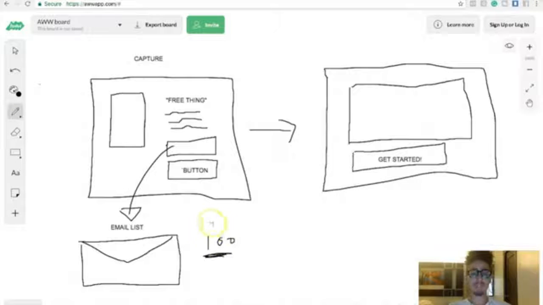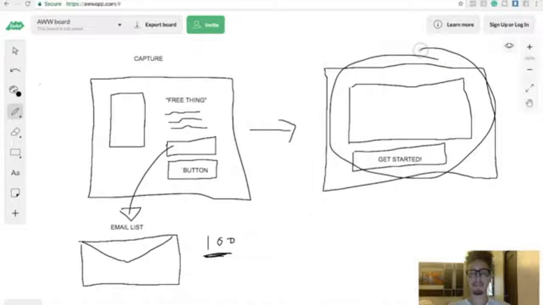Now, first and foremost, what is this process for? Once they put in their information, they're going to get access to your sales page for your affiliate offer. So this is basically going to be your sales video. What happens is they request information, and you might have three pages in your sales funnel, meaning you might have something called a bridge page that gaps these two, where you're saying, hey, your free thing is on its way, but while you wait, check this out. And then you're redirecting them to this page. That's the ending goal, right?